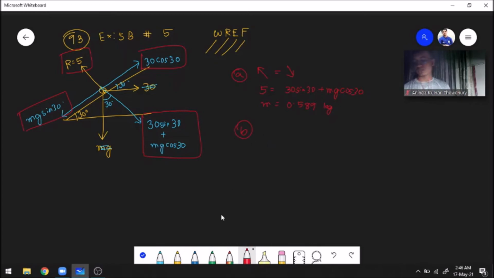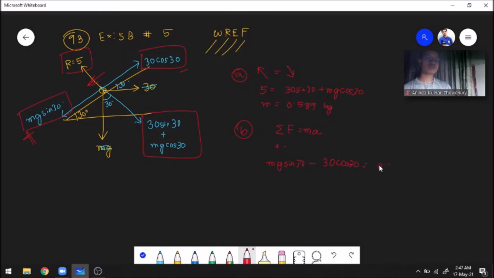In part B, the question asks us to find the acceleration of the particle. Now the particle is going down the plane, so we have to find the acceleration of the particle. As the particle is accelerating down the plane, any forces in the downward direction are positive, and the other direction is automatically negative. We have to apply Newton's second law of motion. Sum of the forces is equal to mass times acceleration. So the sum of the forces is the positive forces minus the negative forces. The positive force is the downward force, that is mg sin 30. The negative force is the force that is opposing it, that is 30 cos 30, is equal to m